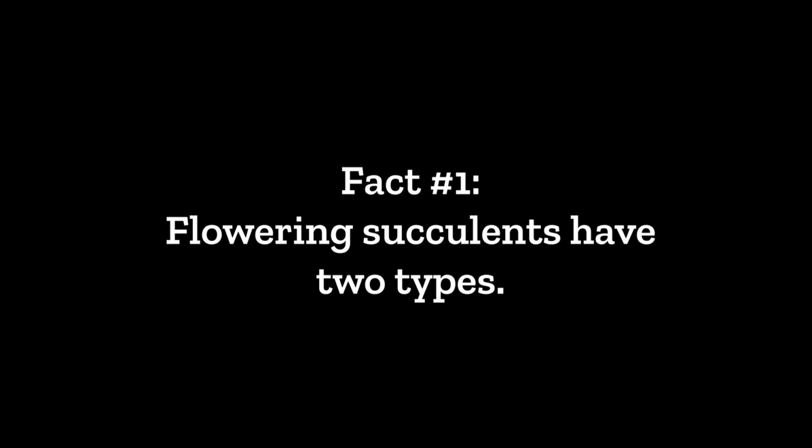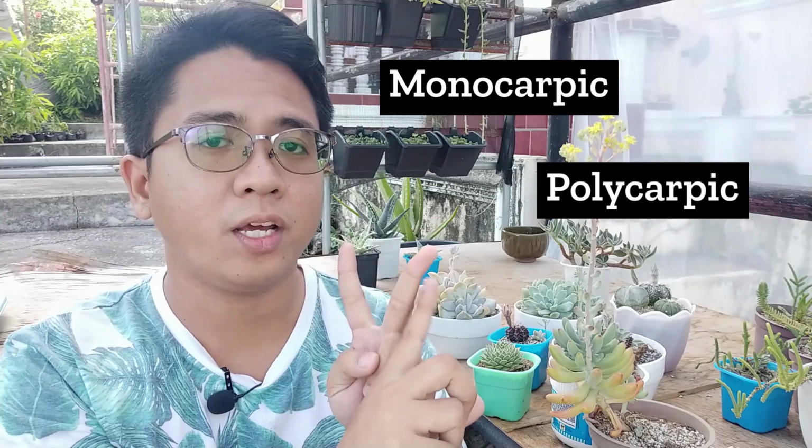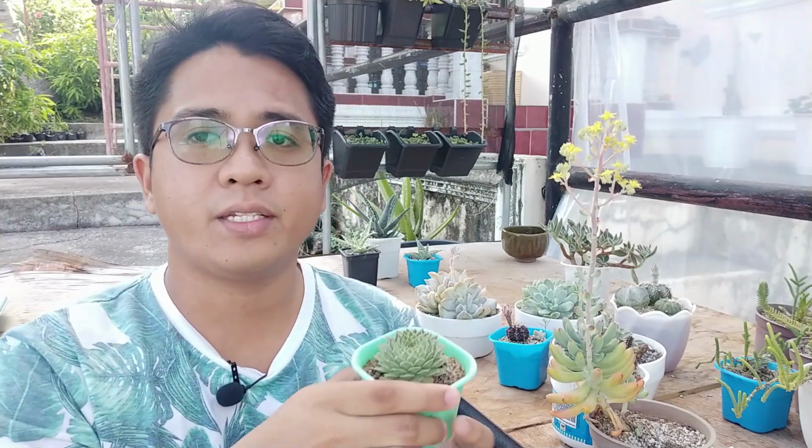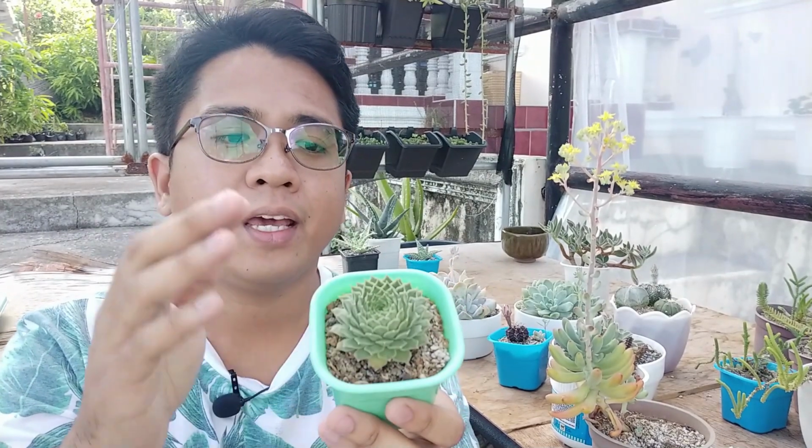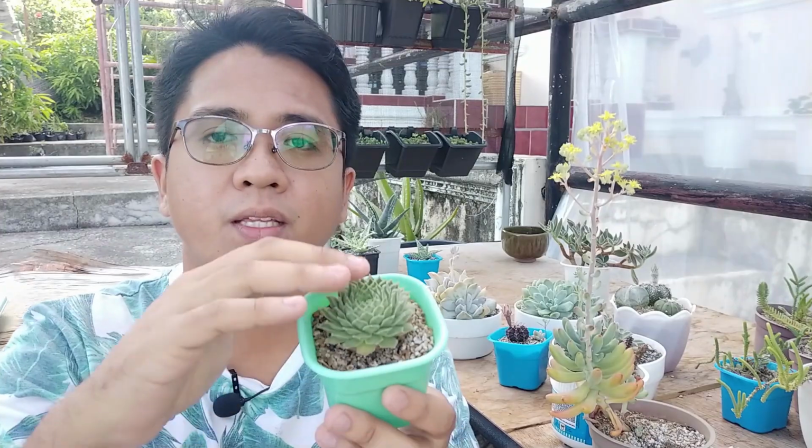So for starters, for our first fact when it comes to succulents flowering, there are actually 2 different types of succulents. There are those that are monocarpic, and then there are those that are polycarpic. So monocarpic succulents, those are plants that will flower and then they will die. One example of a monocarpic succulent I have here is this sempervivum. So you can see it's a very stunning succulent, but if it doesn't produce pups and if it starts flowering